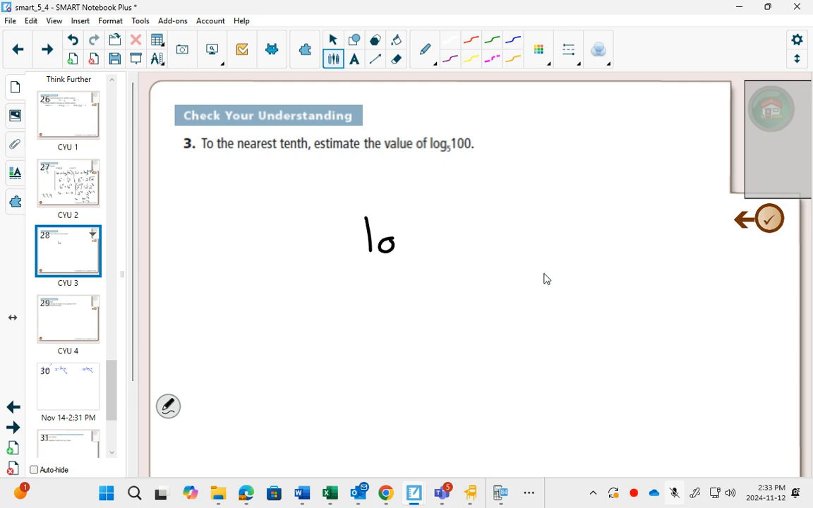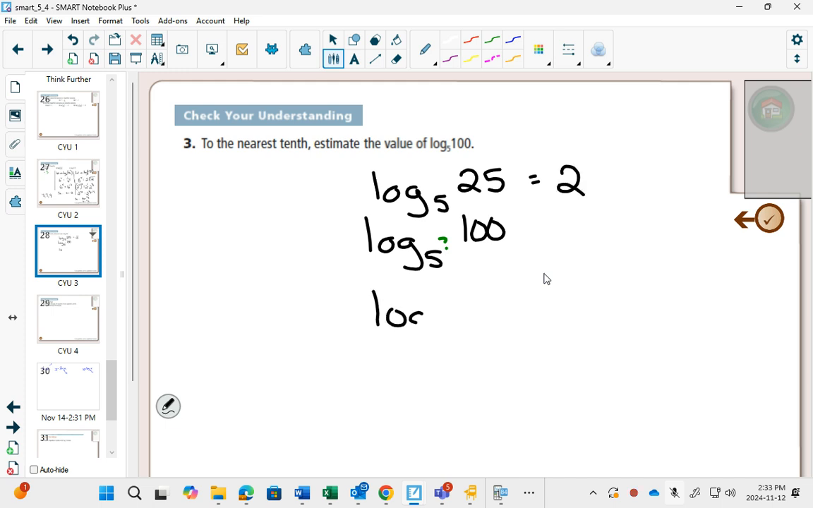Because first of all, we can't figure this out. I put the little tiny question mark here. And I'm like, that's not on my powers chart. 5 to the what is 100 wasn't in that column. But I did know that log 5 of 25, well, that's easy. That would be an exponent of 2. And log 5 of 125, that would be an exponent of 3. So log 5 of something to the 100,